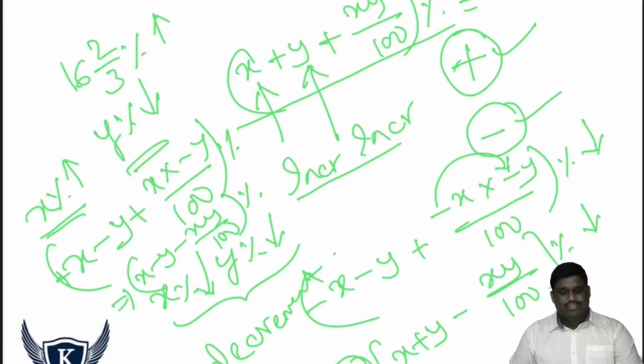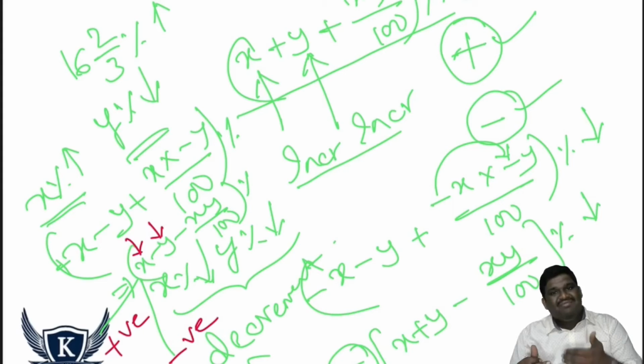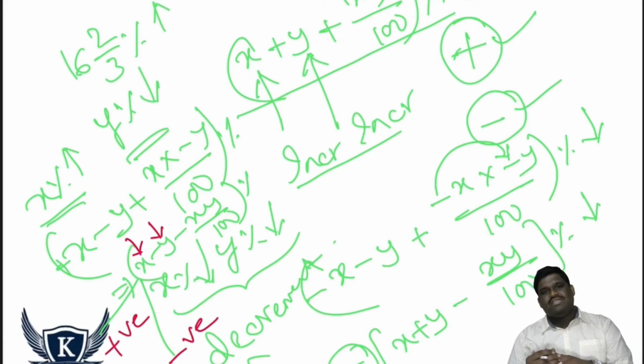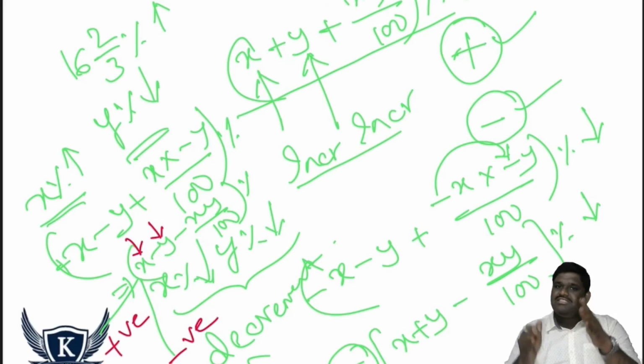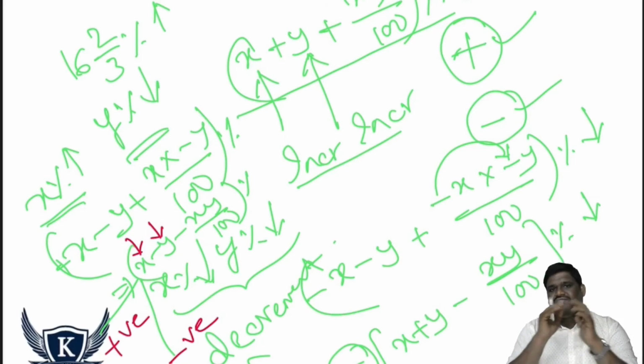Now here comes the issue. The resultant can be positive or negative, because if I subtract a number from another number, I may get two chances: one positive and the other negative. Let us consider 2 and 5. If I subtract 5 from 2, I get minus 3. 2 minus 5 is equal to minus 3. If I subtract 2 from 5, I get plus 3. So if a subtraction is going on, there will be two different types of results, either positive or negative.